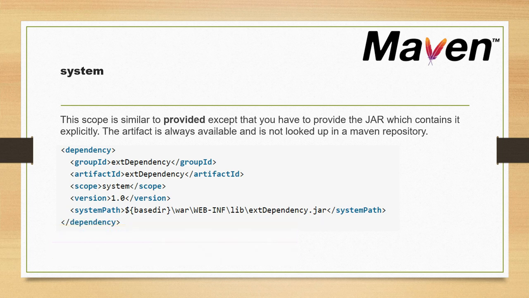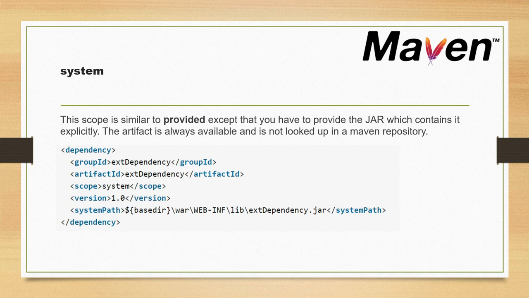multiple Maven projects, and one project is dependent on another. The first project generates some jars and puts them into some local directory, and another project uses that jar. So that is your custom jar that will not be available in the Maven repository. So explicitly you have to provide a system path where your jar is located in your local drive. So we have a systemPath attribute. Using that attribute within the dependency section, you can specify that jar location,